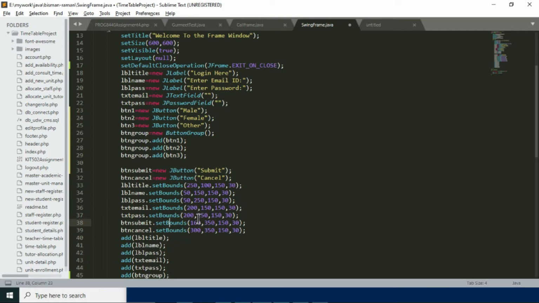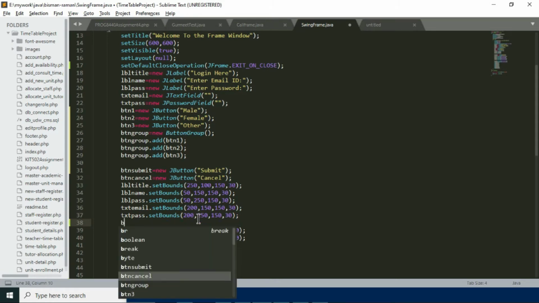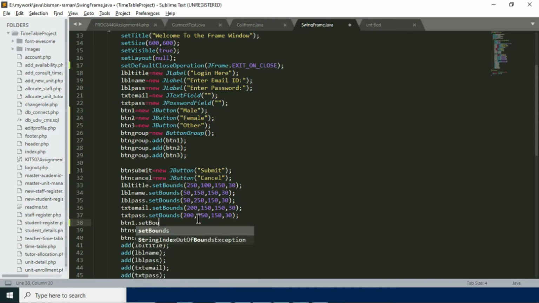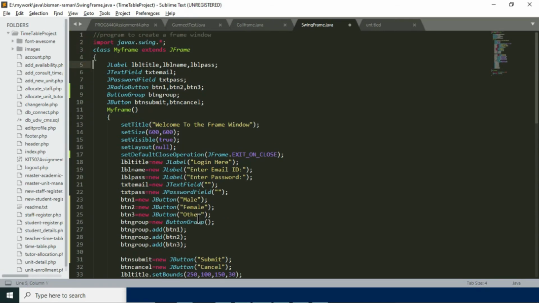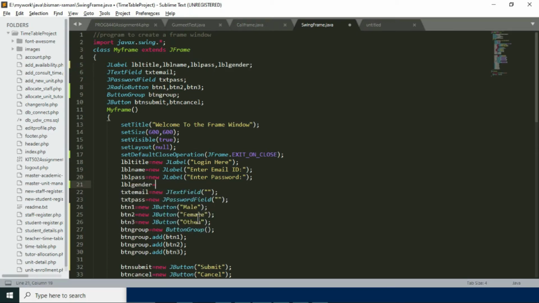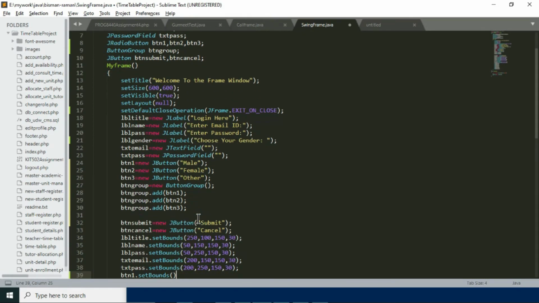I have to set the layout as well. After the password I can do btn1.setBounds. I have to introduce a label as well, so I'll say gender label. So I have to use setBounds.